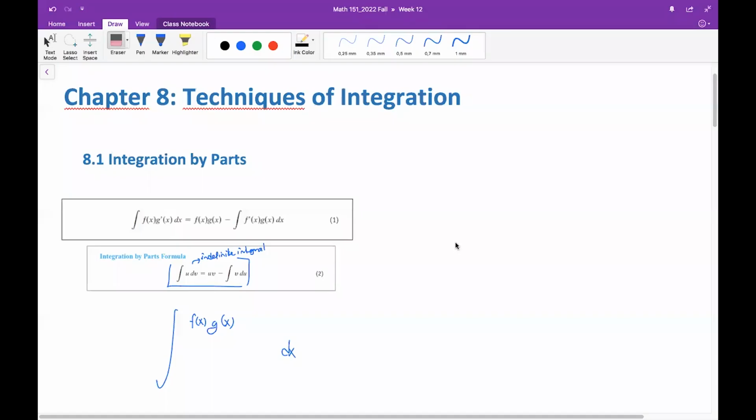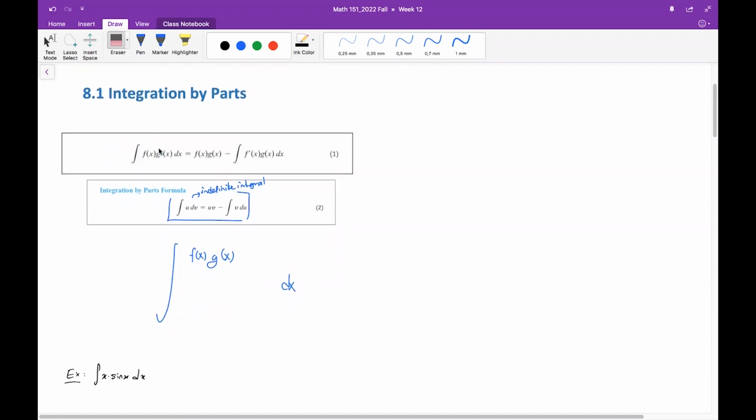This is lecture video 45, and we start chapter 8 in this video, which is the techniques of integration. And the first section of it, we will cover the integration technique called integration by parts. Integration by parts is a technique to simplify integrals of this form, like the integral of f of x times g